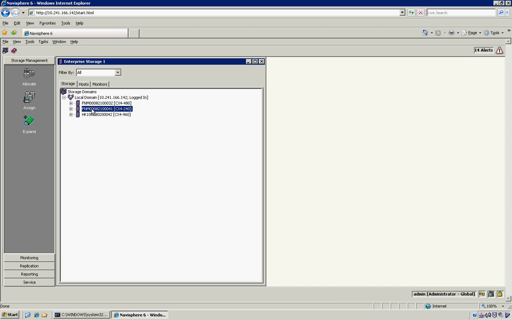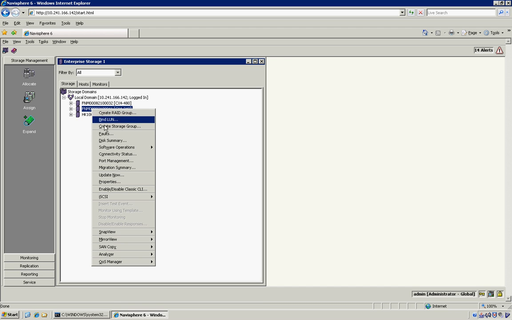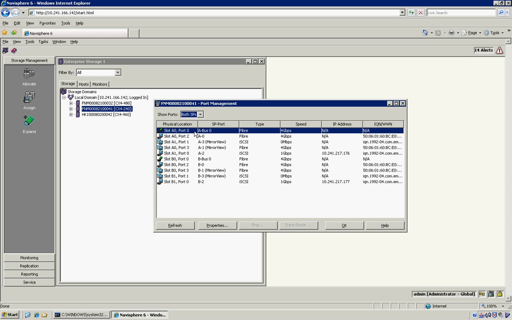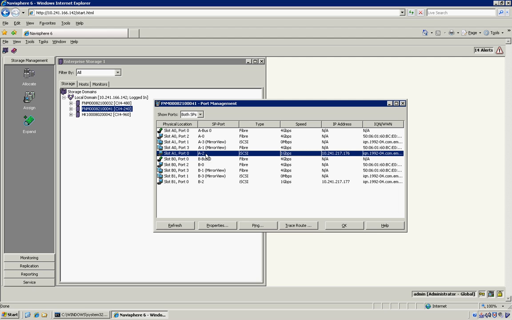CX4240, and I'm going to go ahead and look at the port management under this. And basically, port management is going to give me the types of ports that it sees out there in its physical location. So I'm interested in the iSCSI ports, and I can see I have some mirror view ports set up for iSCSI, but I'm interested in the data ports themselves, and I can see that in this example I have a logical port A2 on SPA is